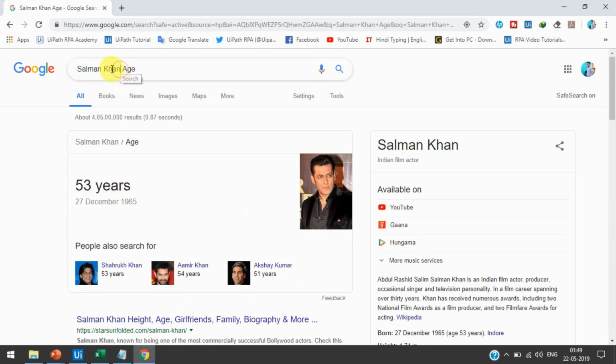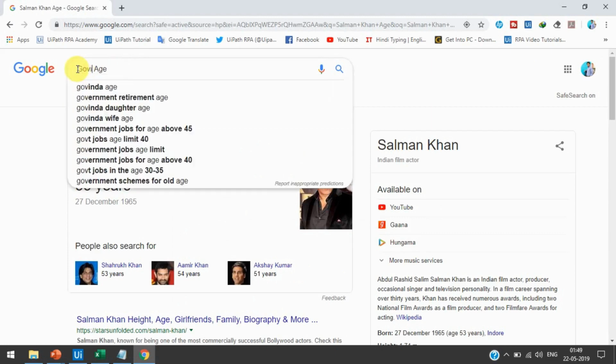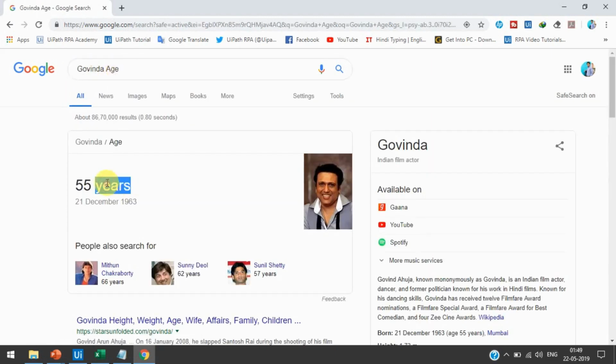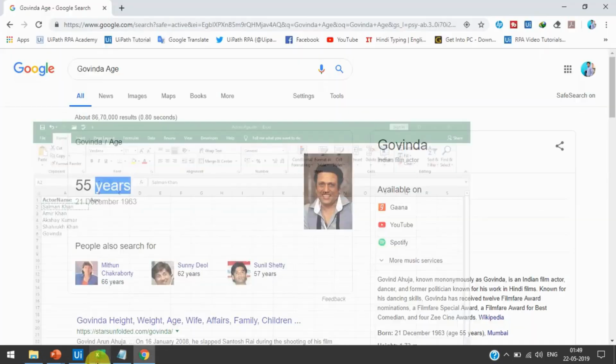Every time if we need to change the name, then we press here, change the name, and get the age. So this way we need to write the actor's name here and fetch the actor's age and write into Excel file.